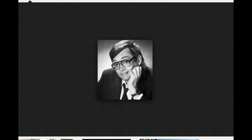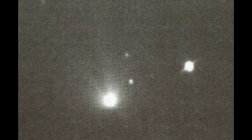This person right here, his name was Chuck Shramek. He died in, I think, 2000. He was from Houston, Texas. He worked on a radio station program here, and he took this picture. This is the comet Hale-Bopp. He took this picture, and he believed that this object right here was a spaceship following the comet. A few times after, he said that it was proved that it was a star, but meanwhile he called